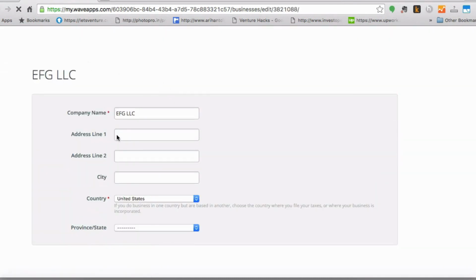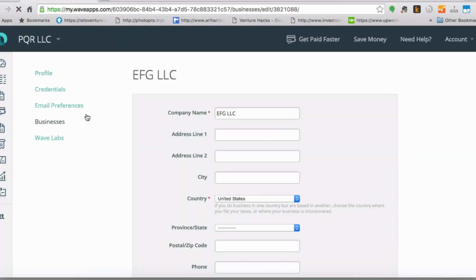So you can enter the company name, address and phone numbers, whatever you want to add. And this is how you can create multiple business books in the same account in Wave.